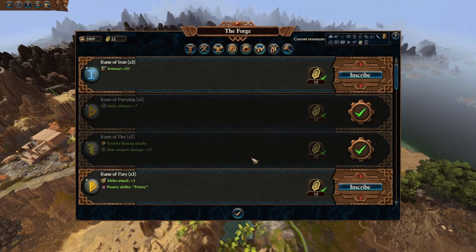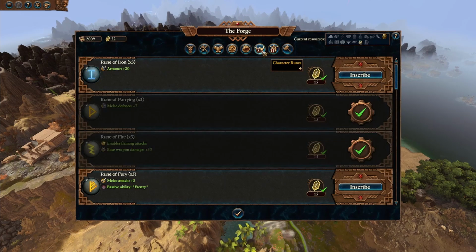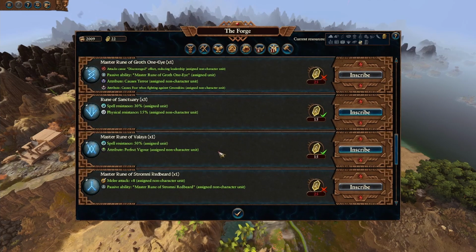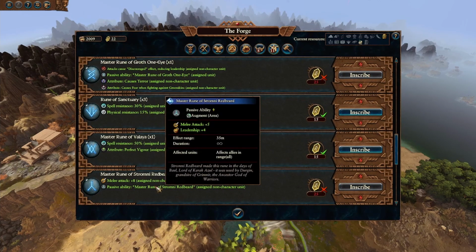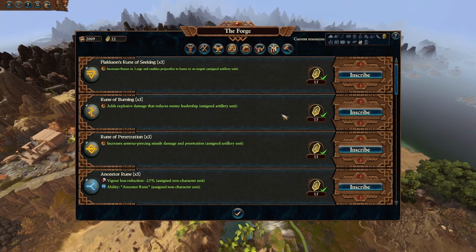We're going to run through this real quick so I can talk you into it. The main thing to remember is you pay half price on banner and character runes. This means you can stock up on these, especially the character runes, much earlier, much more easily. You can also grab the more expensive banner runes that are further down, like the Master Rune of Stromny Redbeard. Some of these better ones have more beneficial effects, and they still aren't that expensive relative to your other options. And with Thorek's unique skills, you don't need to bother purchasing these artillery ones, at least not until you're